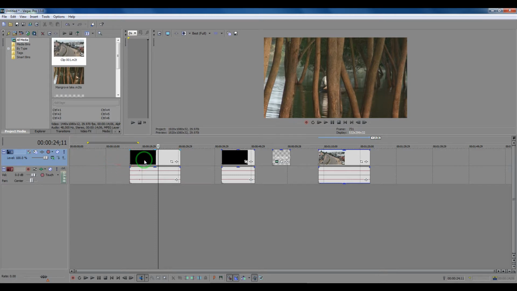Right here we have some footages placed on our timeline and we have the corresponding video and audio tracks created right here. You can see the first track number 1 assigned for video track and track number 2 assigned for audio track. In the first track we have an icon called a level. We have a level slider also which can be used to adjust the transparency of the events which are placed on this particular track.